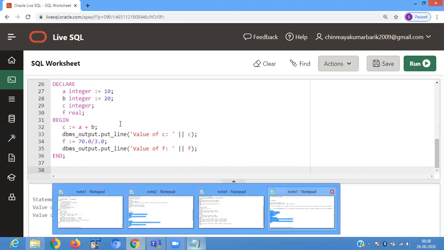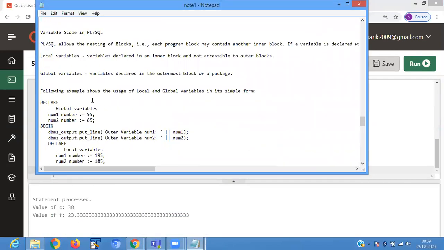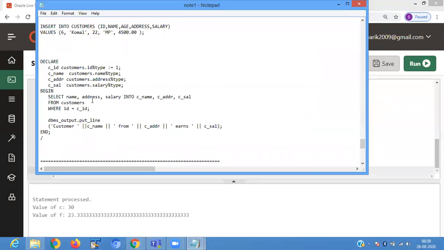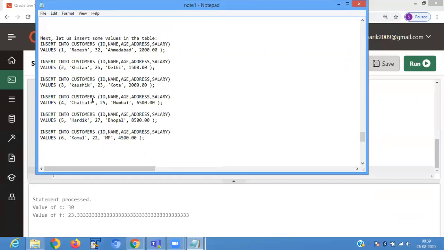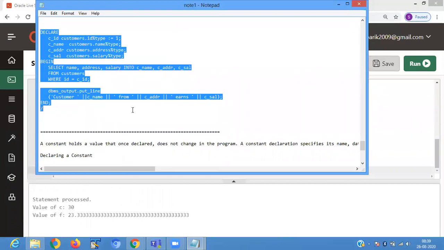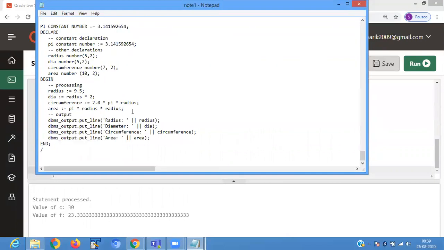Next program. Next is for the type attribute. For the type attribute, we already discussed in earlier classes.